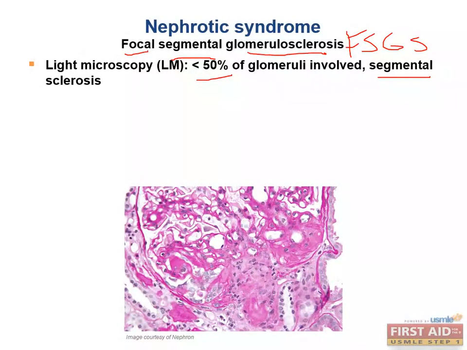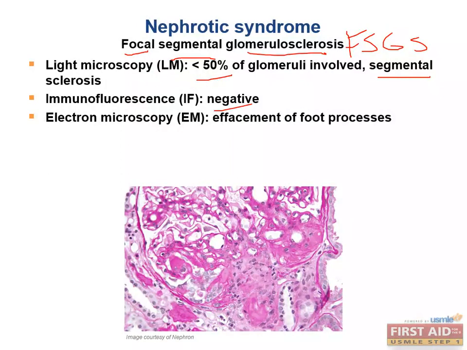And this is going to be on light microscopy. When we look at immunofluorescence, the IF will be negative because there are no antibodies involved and therefore nothing's detected. And on electron microscopy, the foot processes of the podocytes are effaced, meaning that the normally spaced foot processes with their little grooves between them disappear, and the foot process just looks like one big blob on the outer surface